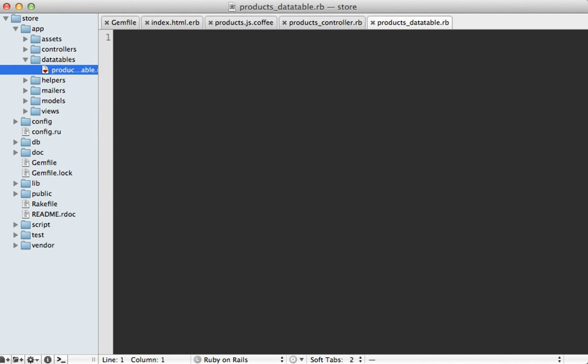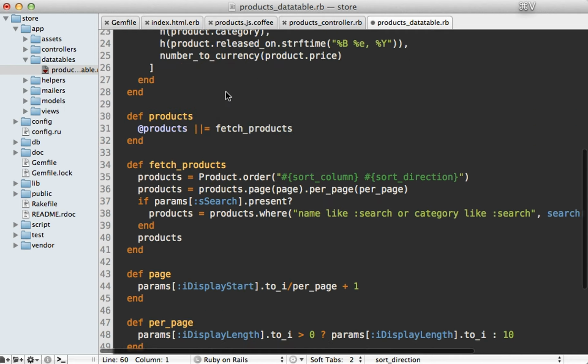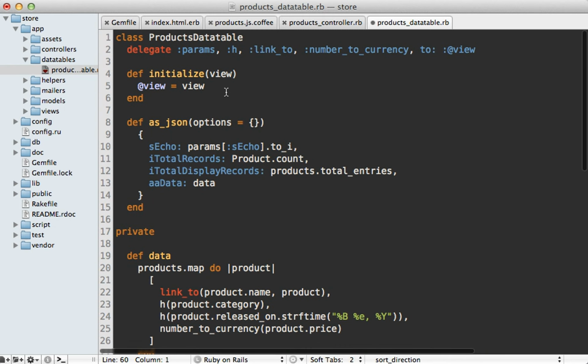products_datatable.rb. Now I don't have time to write this whole class from scratch here, so I'm just going to paste in some code for this. It's quite a bit, but it's pretty easy to understand. Let me walk you through it. So here's that view context that's passed in from the controller. I'm storing this in an instance variable and delegating a few helper methods to this so that we can conveniently call them from here. Now this as_json method is triggered behind the scenes by the render json call in the controller,